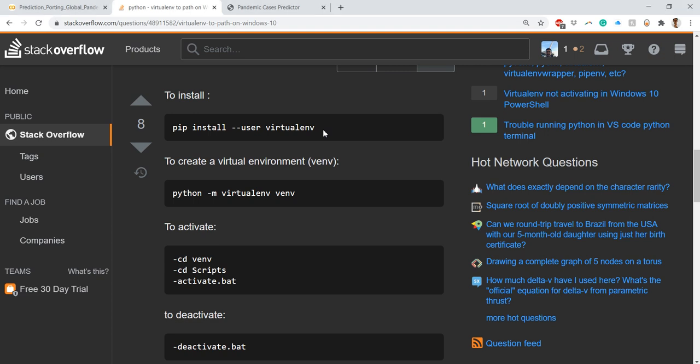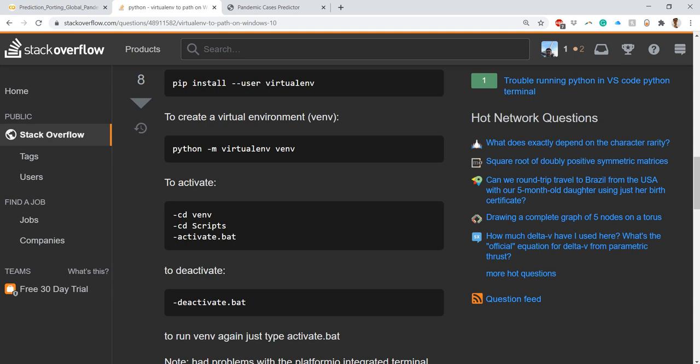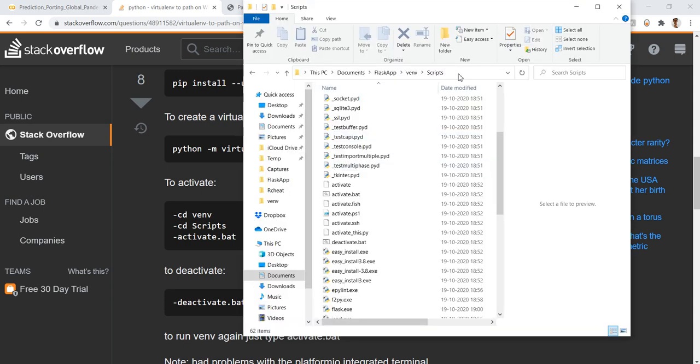This will install the virtual environment to your Flask setup, and this is for installing. To activate, first you have to activate your virtual environment after you install. The activate.bat file resides inside the scripts.